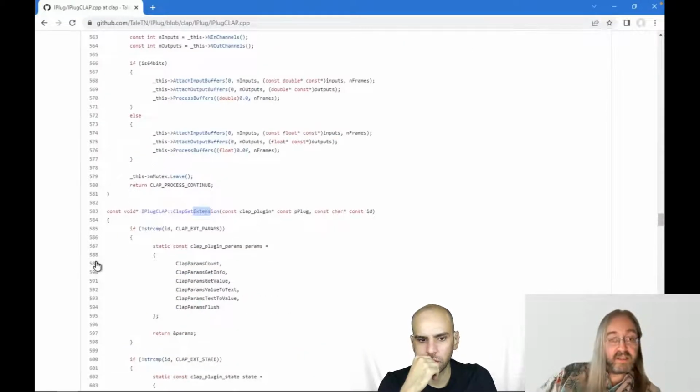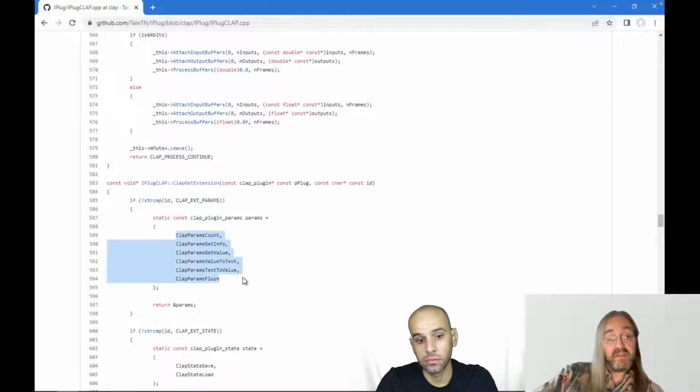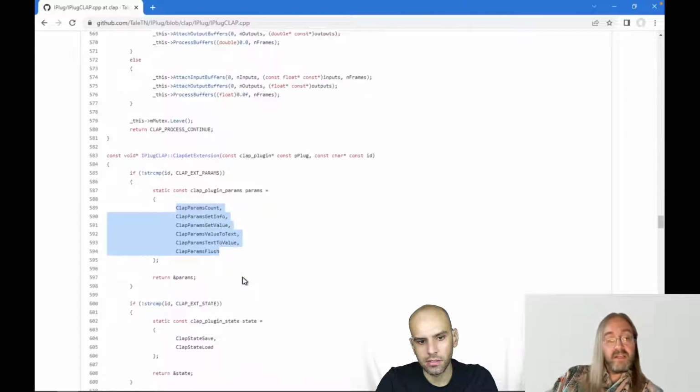In my case that's this function, and the host will call this function a bunch of times, each time asking for a different extension. So it will call that function, for example, here with the CLAP parameters ID. And then it's asking the plugin, hey, plugin, do you have parameters? And of course, my plugin answers, yes, I do. Here is a struct with a bunch of function pointers. Please use them. And it's the same for all the other extensions.